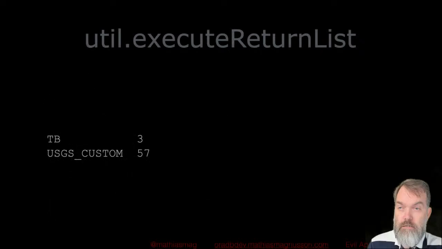And here's the output we get. The output is the same. What we're missing is the column names. So if we want to be able to print that, well, we're back to that the other one is maybe better for us then.